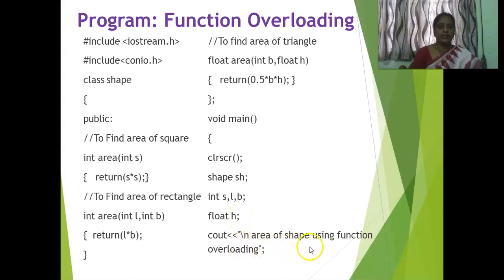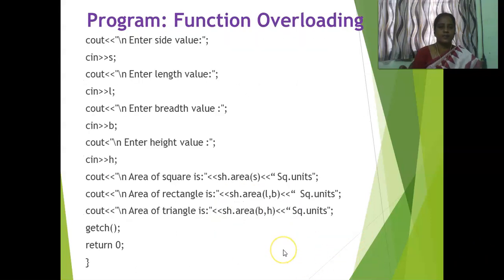And cout "area of shape using function overloading": this string will display on the output screen. And here we are getting the values of the sides of the shapes. s is the side of the square, l is length, b is breadth and h is the height value. So after getting the input,